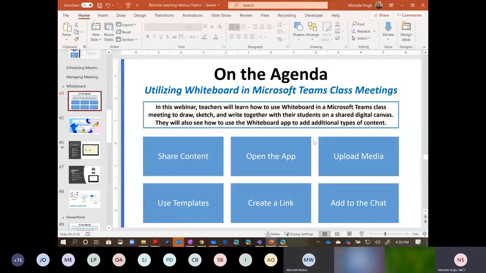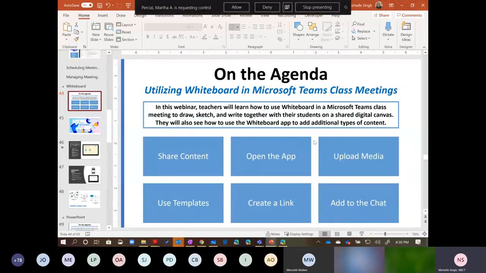Students should not be looking at each other for 60 minutes on end in a meeting and just listening to lectures. You should have interactive components of your online class meetings. And one way to do that is through using a tool like Whiteboard. So we're going to talk about how to use it within a Teams meeting, and how to use the app version of it, how you can upload different types of media, meaning like a PDF,